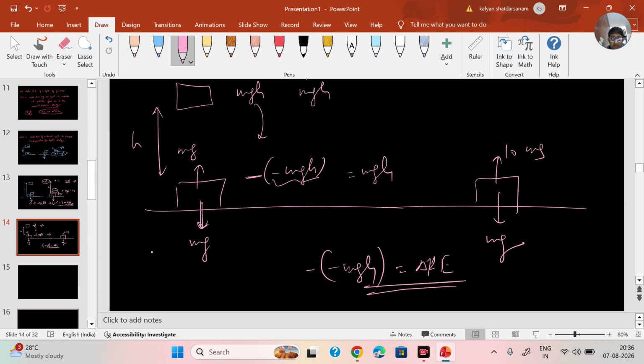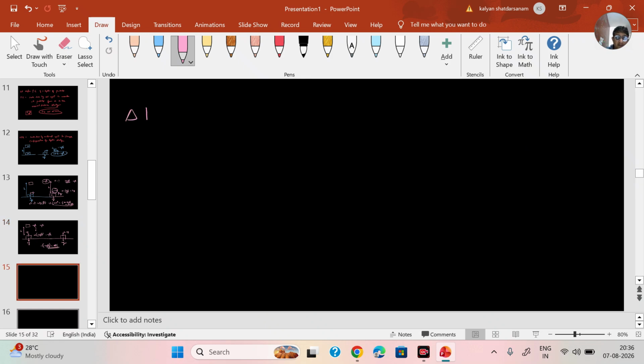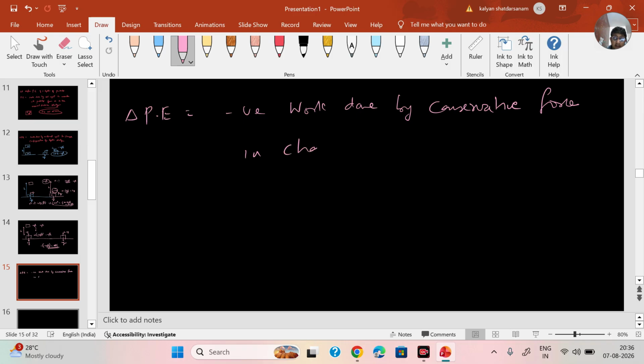So you can avoid the word slowly by defining it like this. Change in potential energy is negative of work done by gravity, which means the conservative force acting between the particles. Negative of work done by conservative force in changing configuration of the system. Now slowly is not needed,